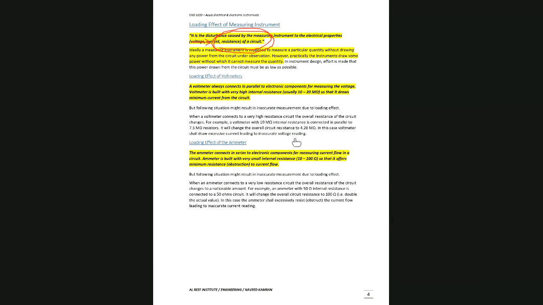Now we will discuss a couple of examples: loading effect of voltmeter and loading effect of ammeter. A voltmeter is a meter which can measure volts. An ammeter is a meter which can measure current. Both of these parameters we can measure using a multimeter. We normally don't use a separate meter for voltage and a separate one for current. We use one meter which is called a multimeter. The only difference is the way you connect it. For voltmeter,